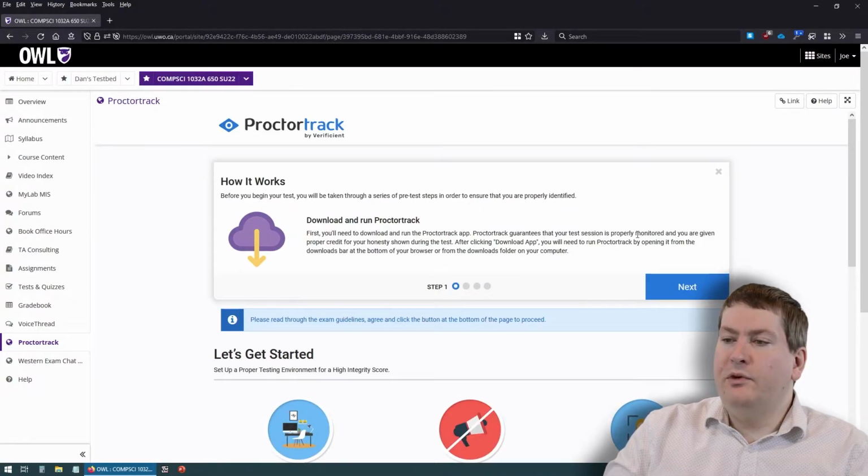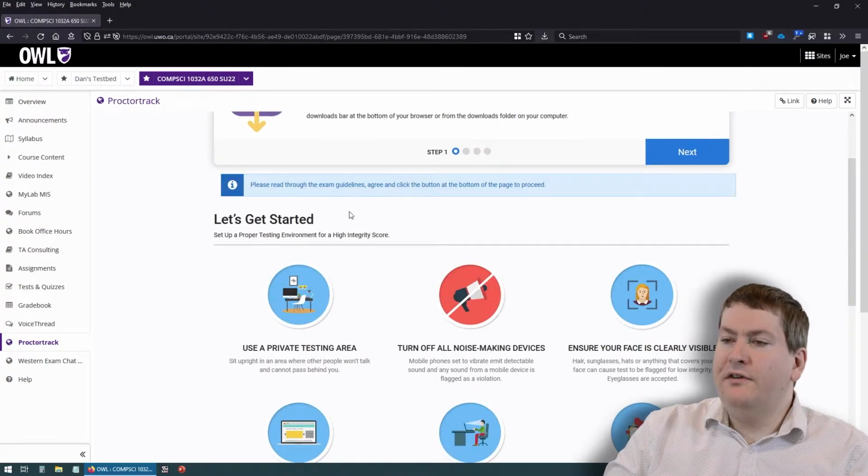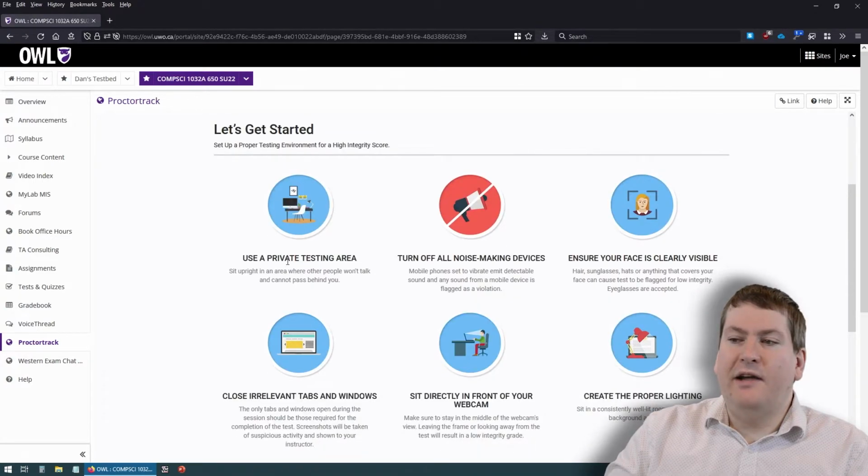This is going to bring up the rules and instructions for how to use Proctortrack, so let's go through each of these. The first is going to be some general things you have to do to your environment to get ready. So you're going to have a private testing area. There shouldn't be other people there, it should be quiet and calm, and there shouldn't be anything in the background